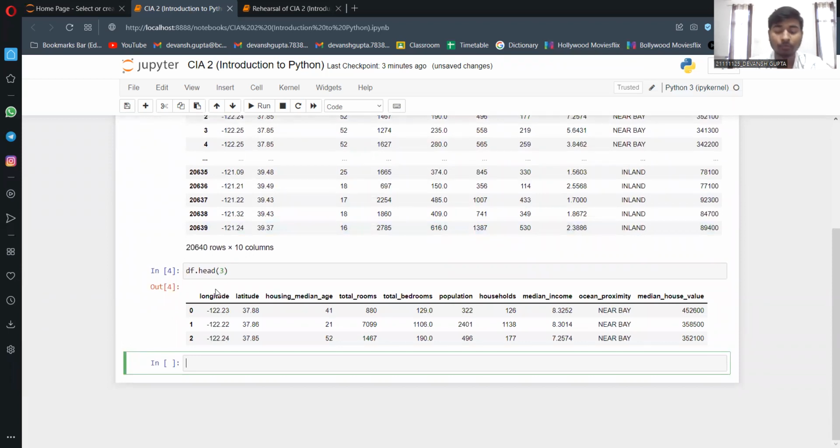Now everyone, to get a number of rows from the bottom of the data, we can use the tail function. For the same, if we want to get four rows from the bottom, the code will be